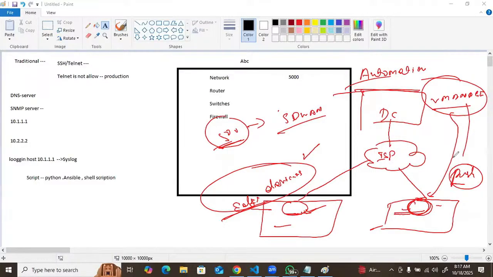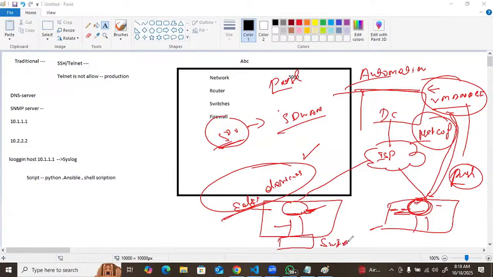You got it? So the configuration you push into the GUI, how is it pushed to the devices? In the backend, vManage does SSH using NETCONF. NETCONF is the protocol, and using that, it pushes the configuration in the backend. So vManage is also an automation tool. Similarly, behind the edge devices we have switches, right? To manage these switches, we have SD-Access.